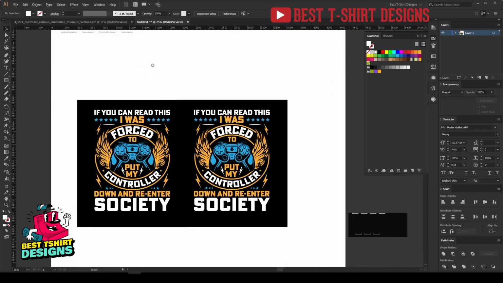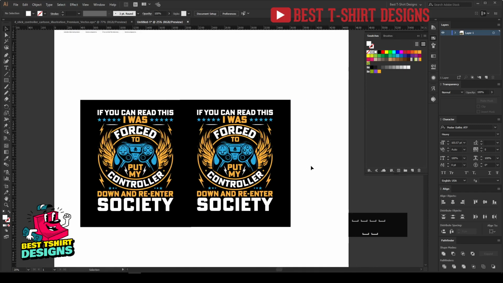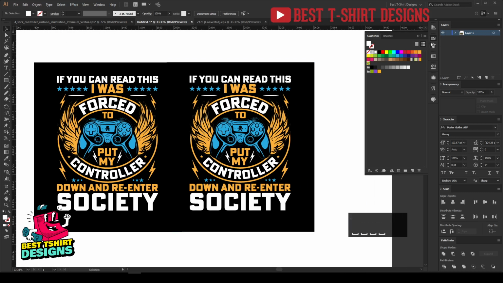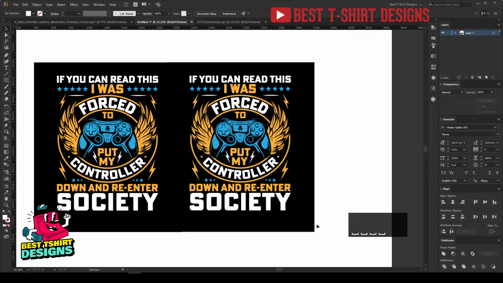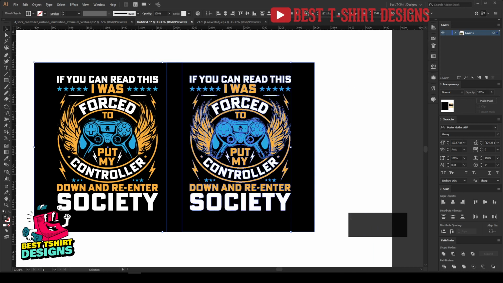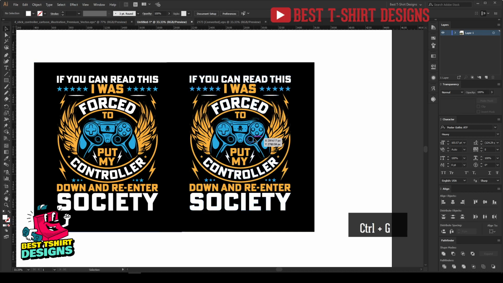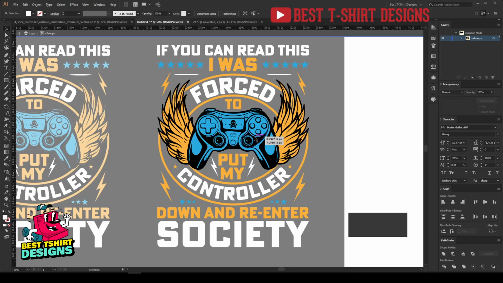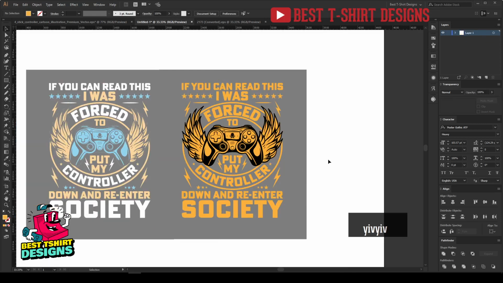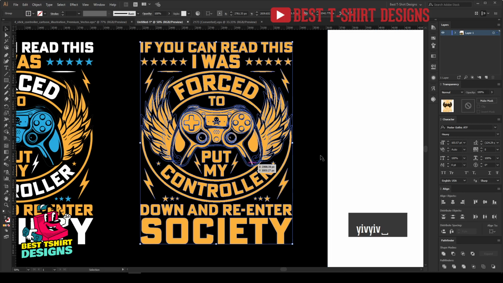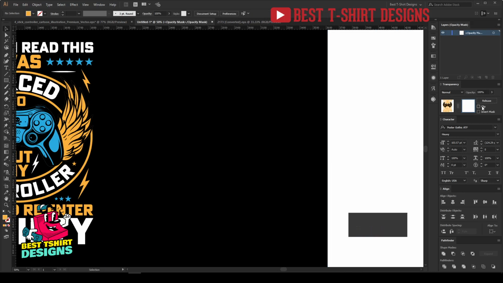So here we need to apply some grunge texture to our design. Let me show you. So applying a grunge texture, there is only one rule. You have to make it a group wherever you want to apply it. So I'm going to select everything, and then, not this one, just this one, and make them a group. That is just fine. When you make a group, let me show you guys. Here I will just change everything's color to this yellow color. I am going to make it a one color design for now, something like that. So when you have a group like this, you can open their transparency just like this, and